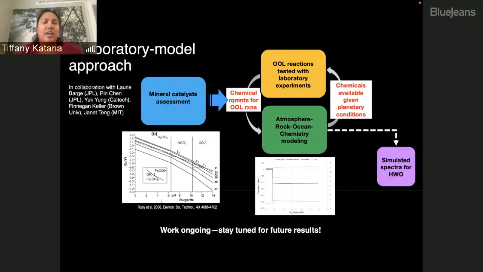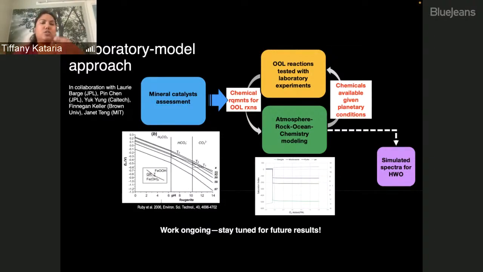I'll just skip ahead to this, briefly plugging an approach that we're taking at JPL to try and understand the origin of life in the context of exoplanets. Starting from our understanding of the minerals that could catalyze some of these essential chemical reactions. So this is work that Yuk Yung has been doing in the context of a lot of solar system terrestrial bodies, linking those minerals that could be related to origin of life reactions,